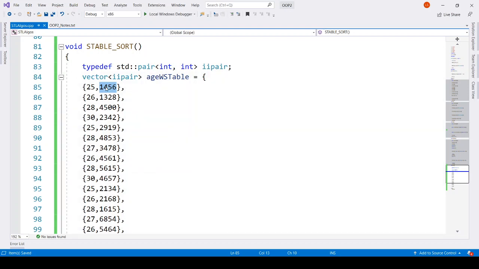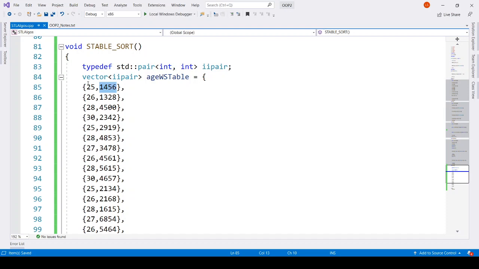So what we will do is we'll first sort this collection of ii pair by the weekly spend, and then we will apply stable sort on that sorted collection so that it will sort by the age, but it will keep the relative order of the earlier sort, right? So the earlier sort has already sorted the pairs by weekly spend.